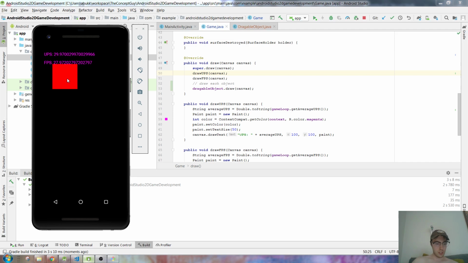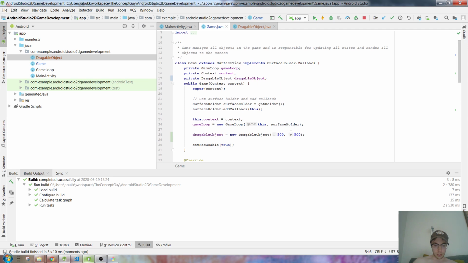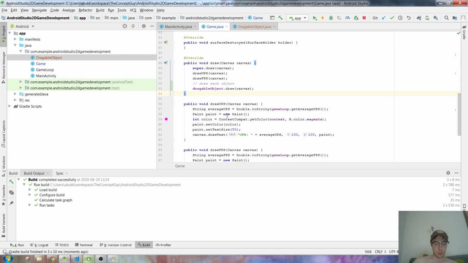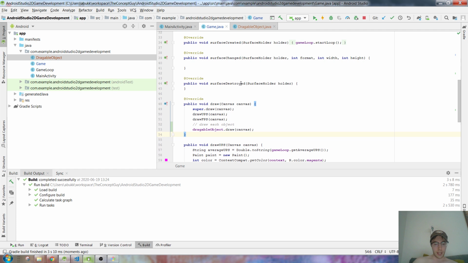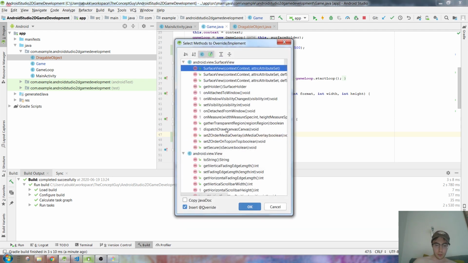Okay, so now you see we have this red triangle here, or no, we start with one, we start simple here, and now we want to be able to drag and drop it, so we need some input handling mechanism. I remember from my other videos that it's something about onTouchEvent. Maybe I think Control O for search for override methods. And then maybe if I start typing onTouch